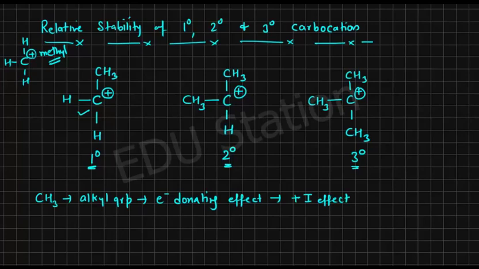So, this means that in case of primary carbocation, one alkyl group will give electrons, in case of secondary 2 alkyl groups will give electrons, and in case of tertiary all the 3 alkyl groups will give electrons. Now, you have a positive over here. If this alkyl group shifts some electrons over here, then this positive charge will become less and this will acquire